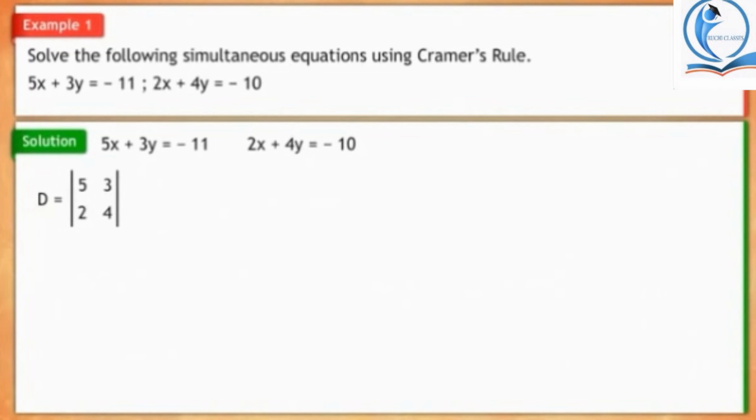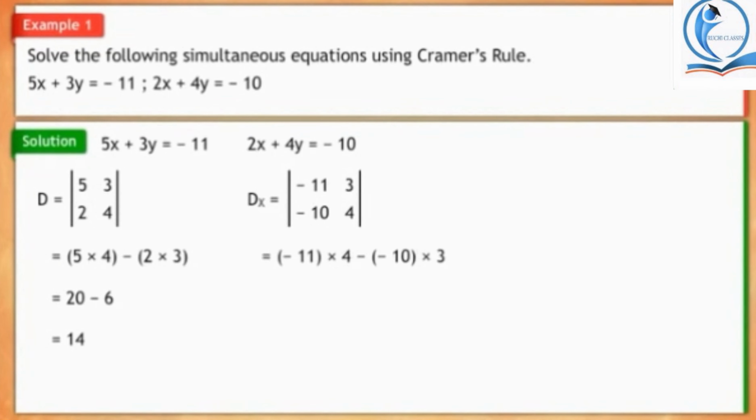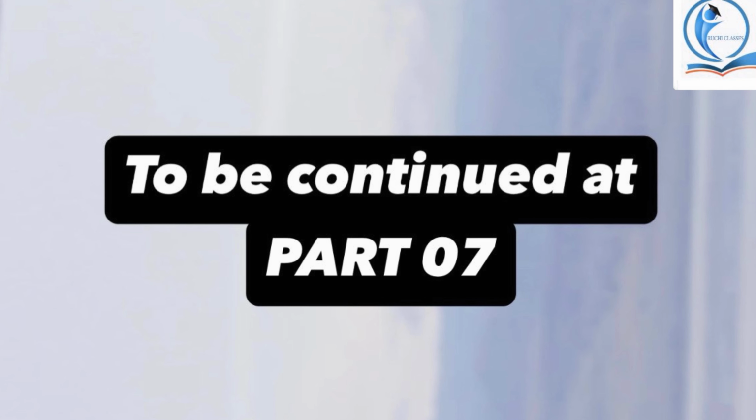Determinant D is equal to [5 3; 2 4], which is equal to (5 into 4) in brackets minus (2 into 3) in brackets, which is equal to 20 minus 6, which is equal to 14. Determinant Dx is equal to [minus 11 3; minus 10 4], which is equal to (minus 11) in brackets into 4 minus